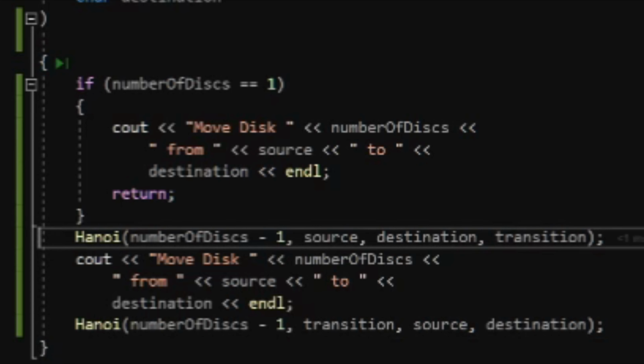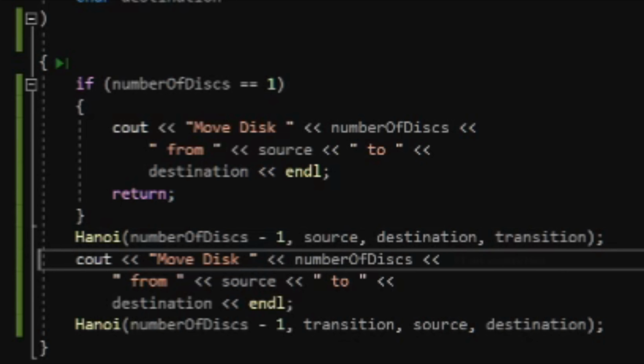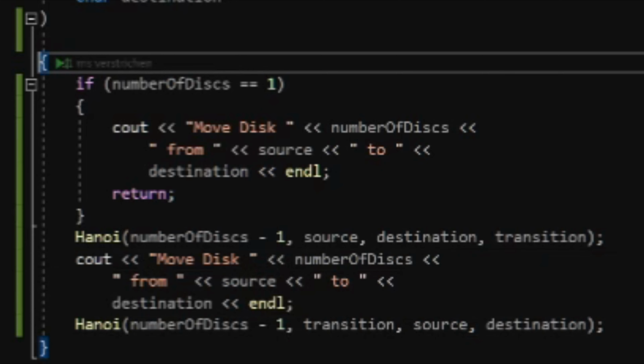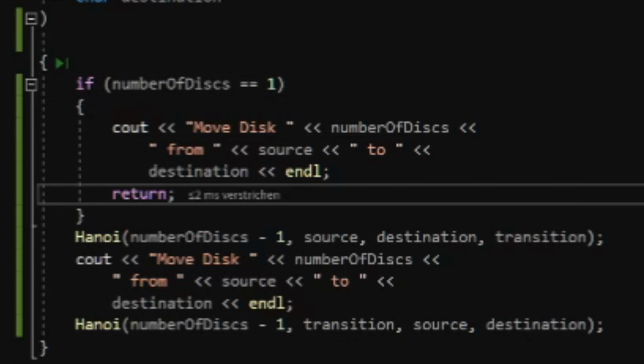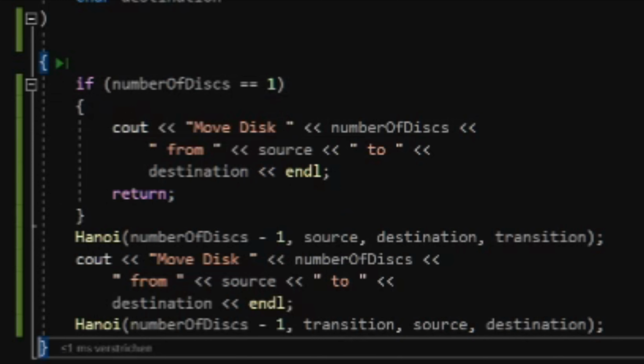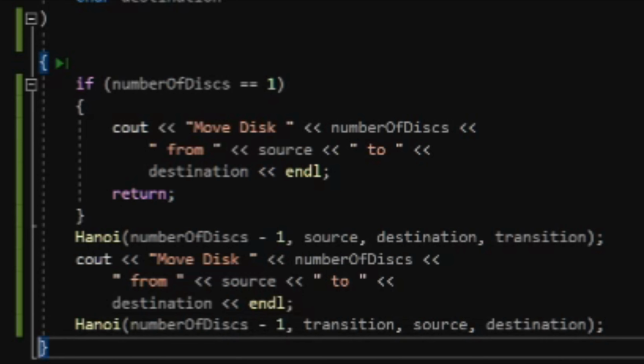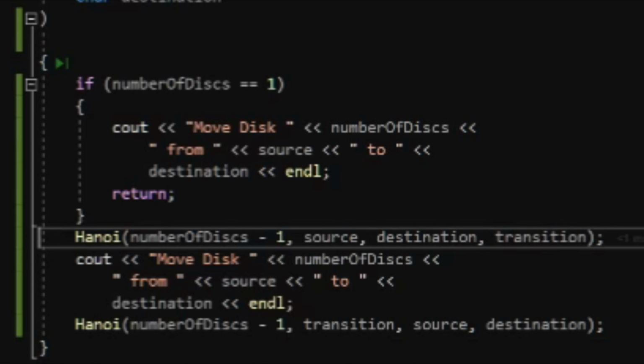As the third instance is done, we're back in the second and now onto the output, which puts out disk 2 from A to B. Now it goes into the third, which decrements it again and writes down move disk 1 from C to B. Then we'll break out of the second instance back into the main one, where it just ran through the first self call and writes down move disk 3 from A to C. This will now repeat and goes on till it gets back to the first call and breaks.